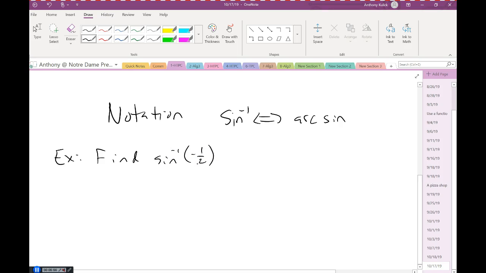All right, so if we're asked to find something like the sine inverse of negative 1/2 without using a calculator, what I'm going to want to do is one of two things. One way I could do this is I could use my unit circle. So if I call up my unit circle here,